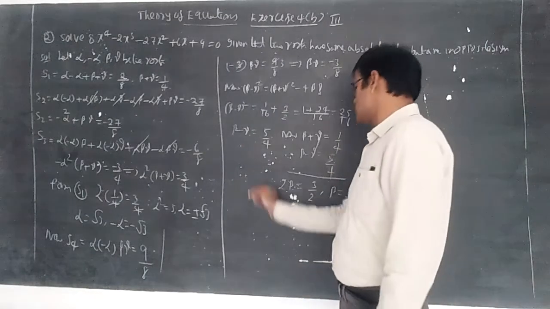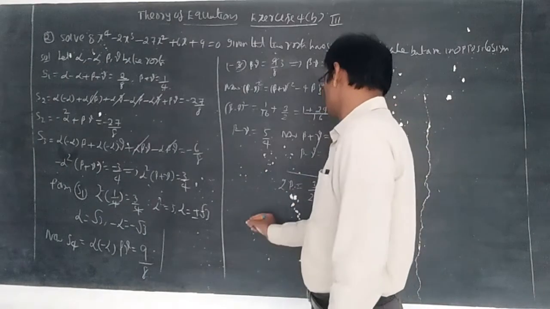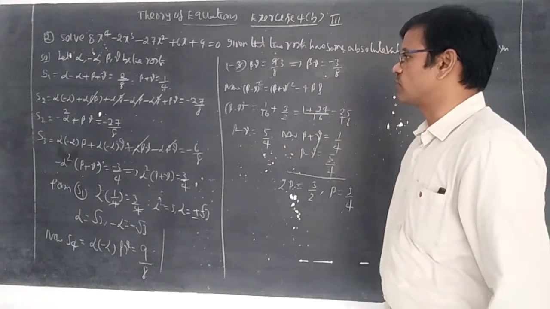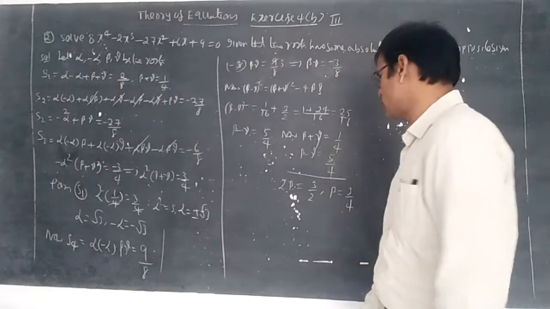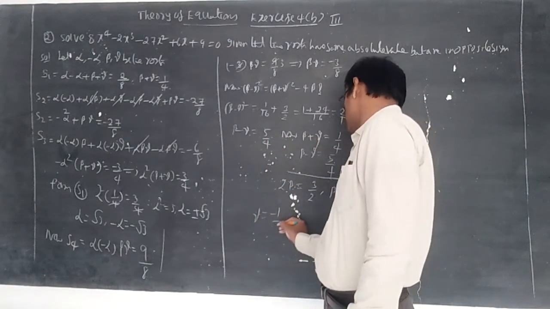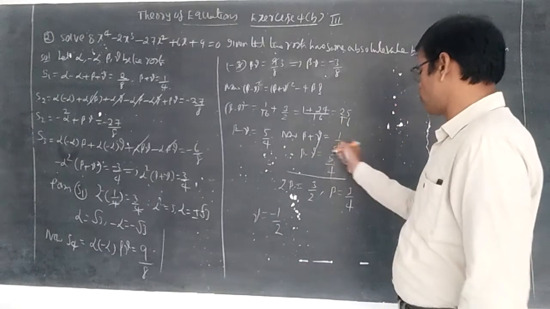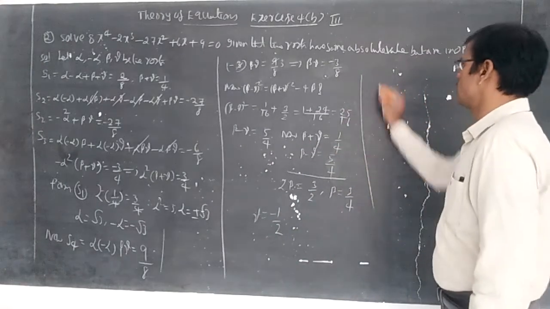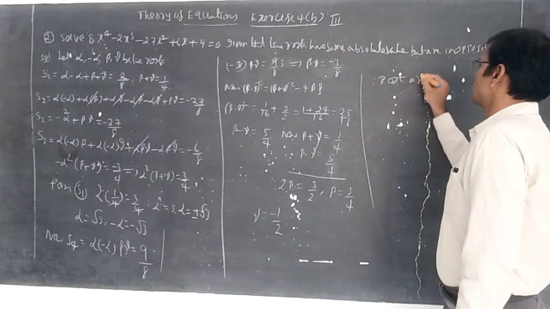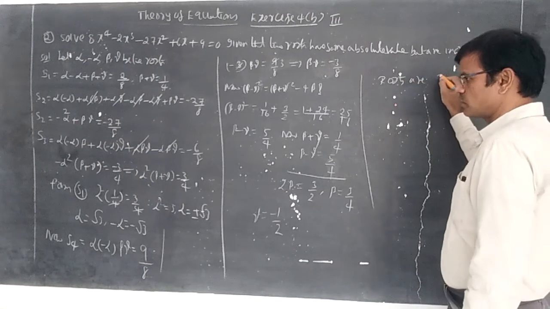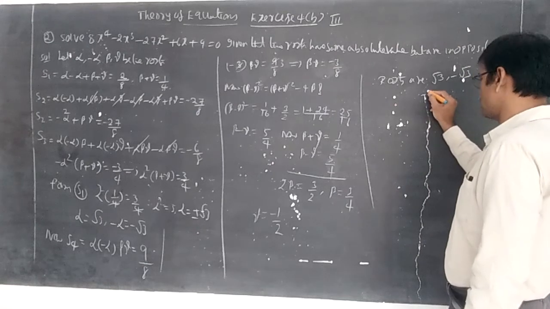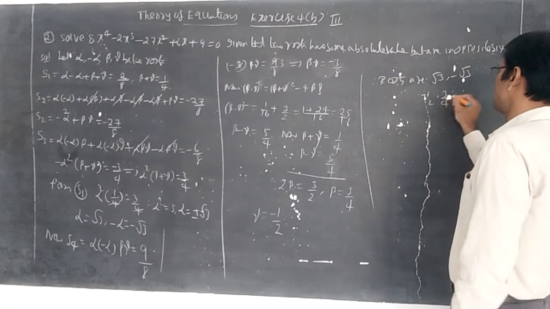Now you can substitute here to get gamma also. Beta plus gamma is equal to 1 by 4. So 3 by 4 plus gamma is equal to 1 by 4. Gamma is equal to 1 by 4 minus 3 by 4, minus 2 by 4, so gamma is equal to minus 1 by 2. Therefore, roots are: first one we got root 3, root 3 comma minus root 3 comma minus 1 by 2 comma 3 by 4.